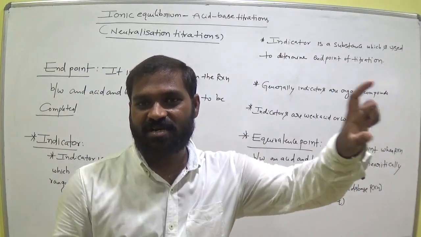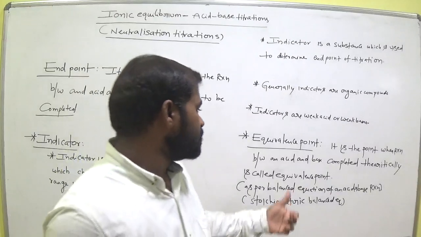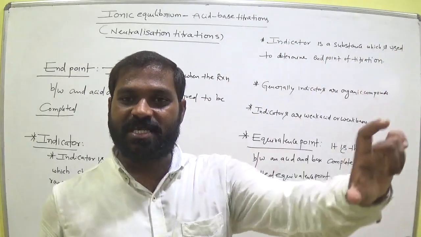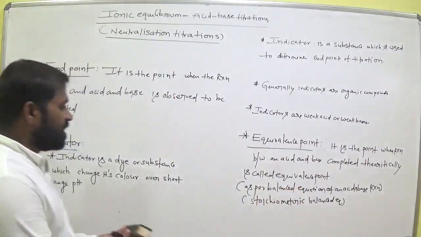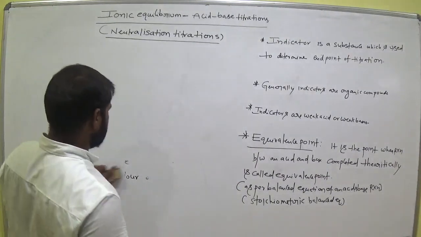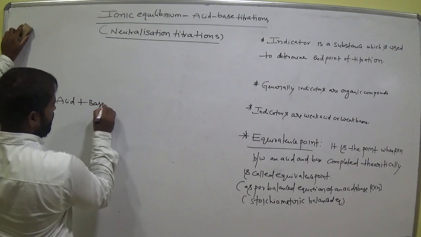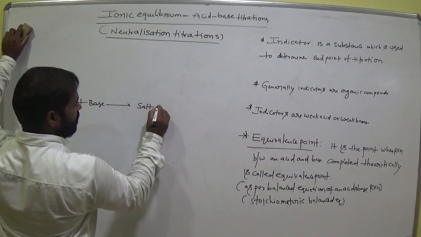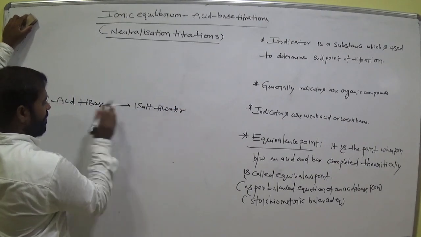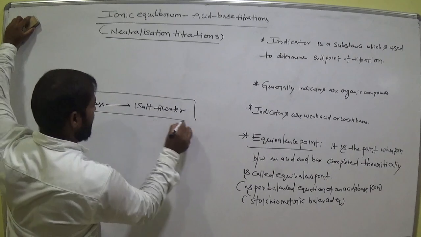So we balance the equation, right? That expression is called the theoretical expression. So if we show that reaction in the form of an equation, it is balanced. Suppose an acid and base give salt and water. It is a neutralization reaction. These are the coefficients, am I right? Now it is a balanced equation. This expression is called the theoretical completed neutralization reaction.